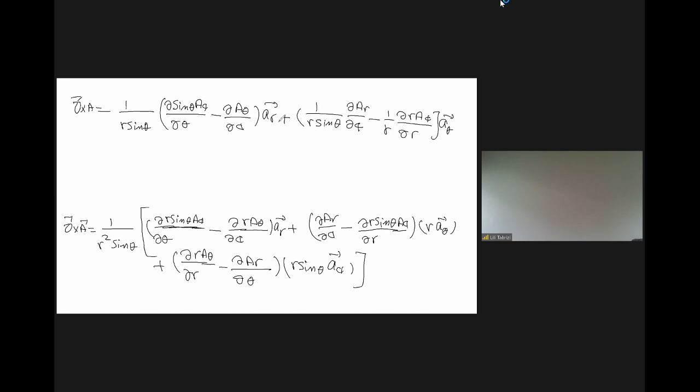dr, d phi, dr, d theta. This is a plus. Okay, the last one. I can move r sine theta out, so this r sine theta cancels r sine theta. We only have one r here. I cannot move this r out, so eventually for the last one, I have 1 over r left, because r sine theta cancels one r sine theta. Then I have the